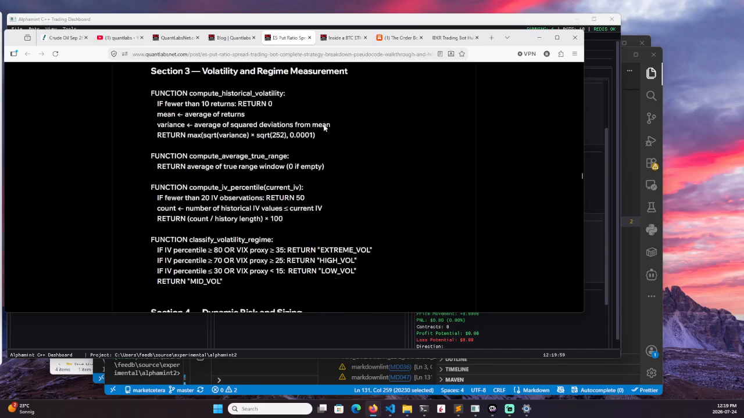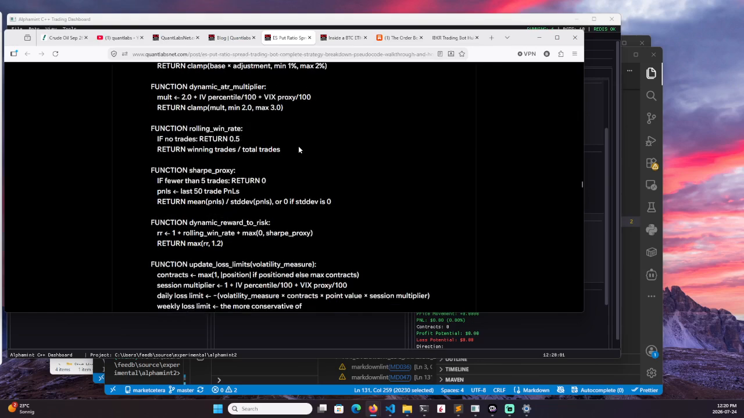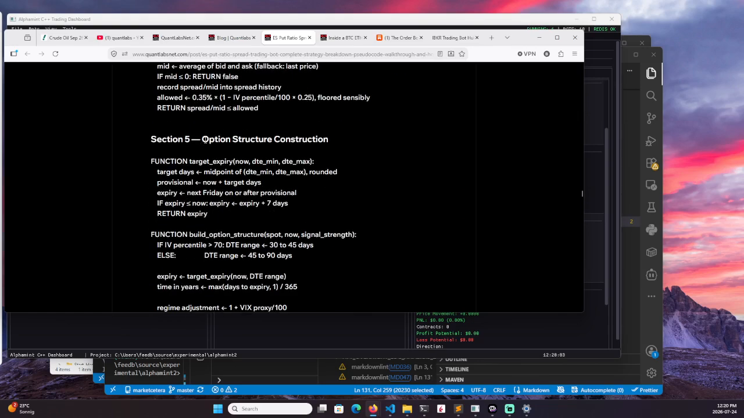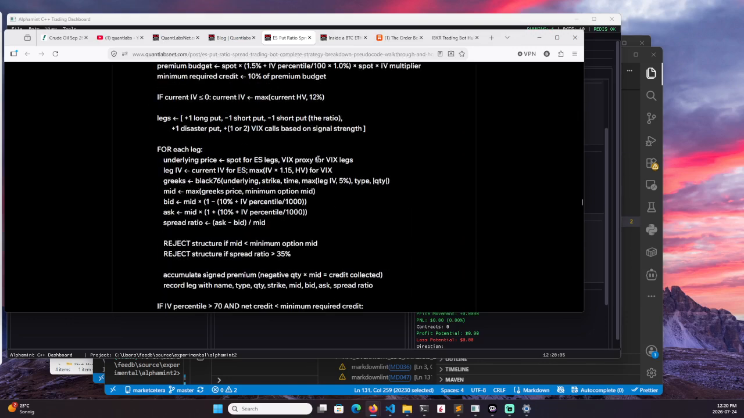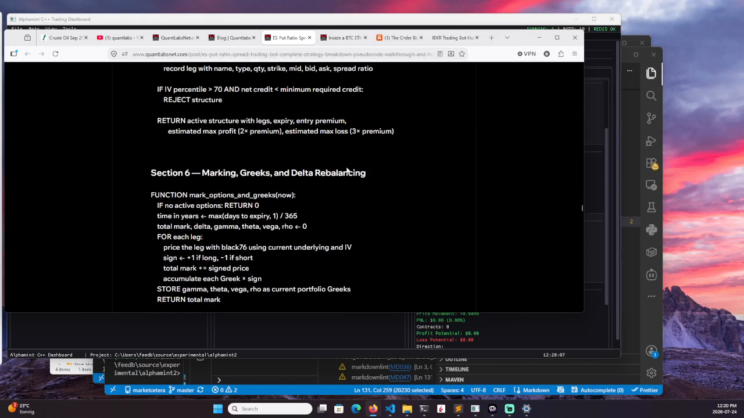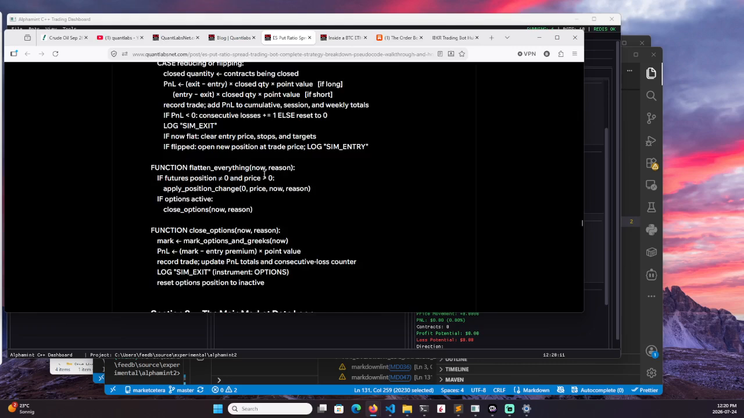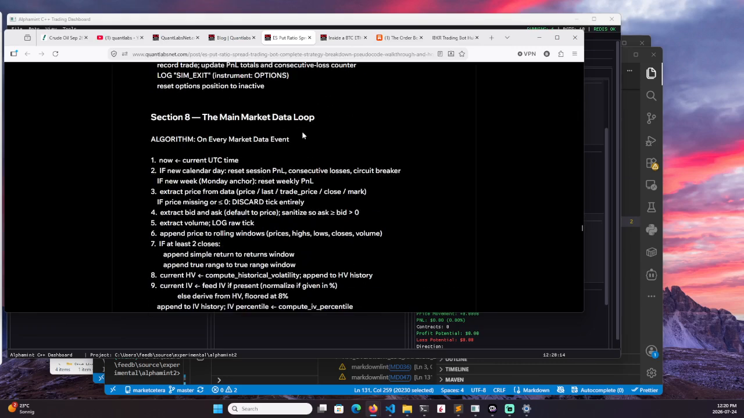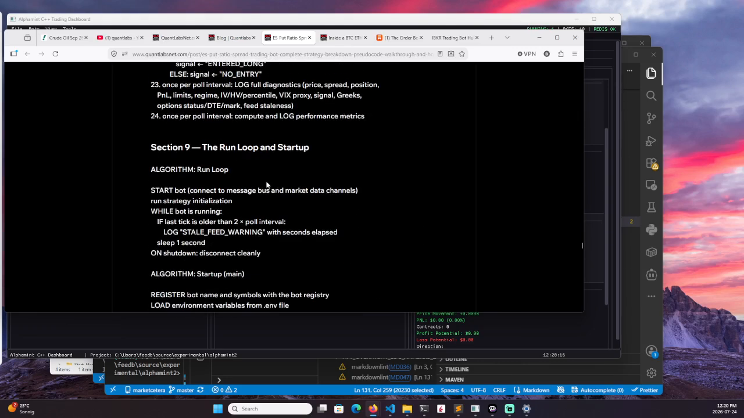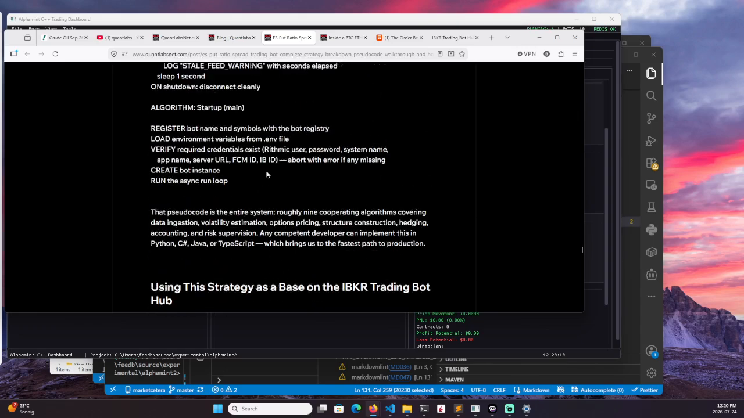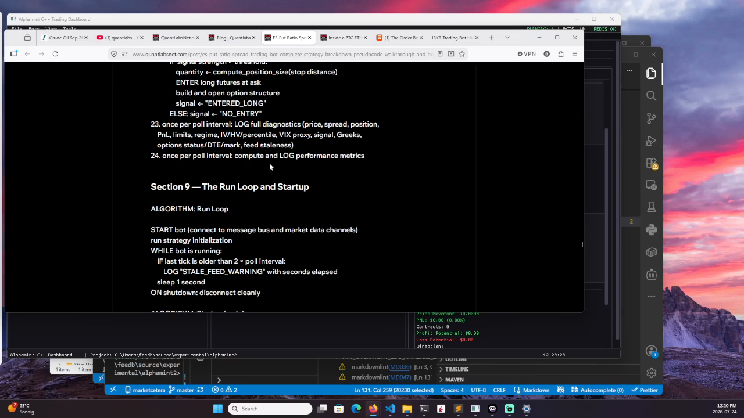Then you can add in the volatility and regime measurement, dynamic risk sizing, all the logic that you'd want, option structure construction, Greeks and delta rebalancing. This is part of the strategy, the trading rules, position accounting, main market data loop, okay? Run loop and startup. Okay, so you're able to take that pseudocode and build out your own